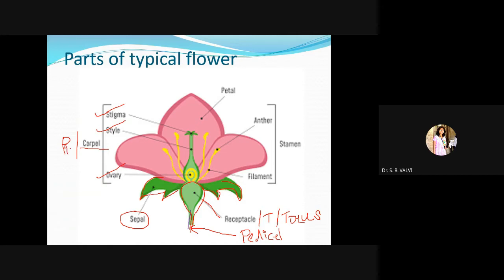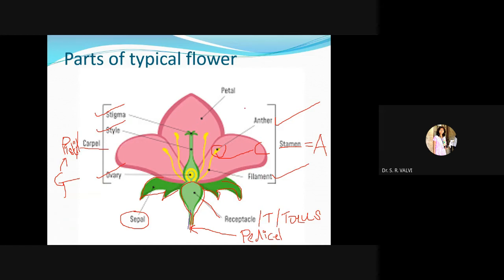Carpel and pistil are aggregated together to form the main structure called gynoecium. Gynoecium is the female reproductive structure. So here this is our gynoecium. Now come to the yellow part. The upper portion is the anther, and the stalk is called the filament. One more structure here is called the connective. Altogether we call the anther, connective, and filament the stamen, and stamens grouped together form a structure called androecium.